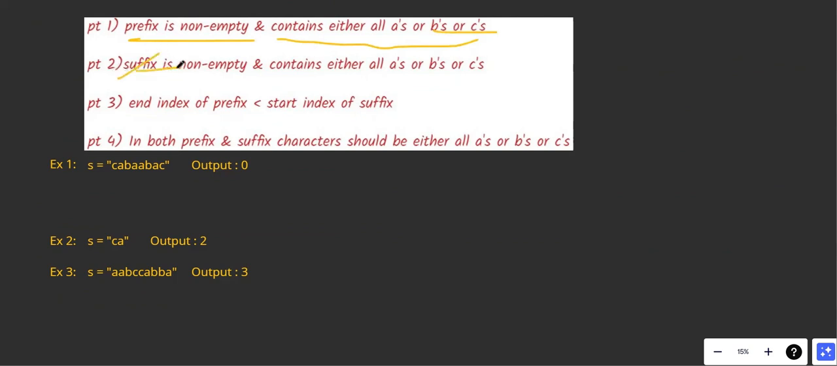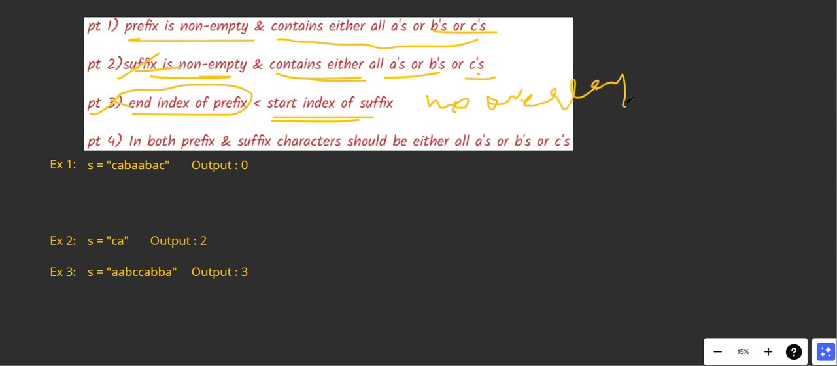Similarly, point 2 says suffix is not empty and contains either all A, all B or C. And point 3 says end index of prefix should be less than the start index of suffix. That is, there should not be any overlapping, no overlapping, right? No overlap. Now in point 4, in both prefix and suffix, character should be either all A, all B,